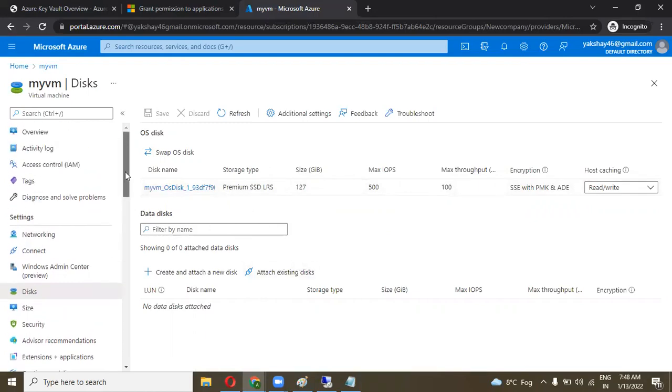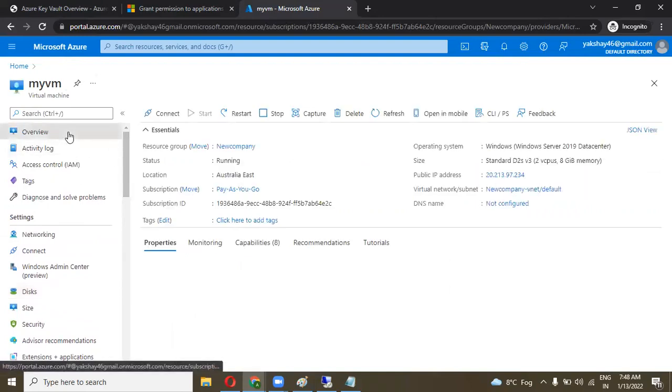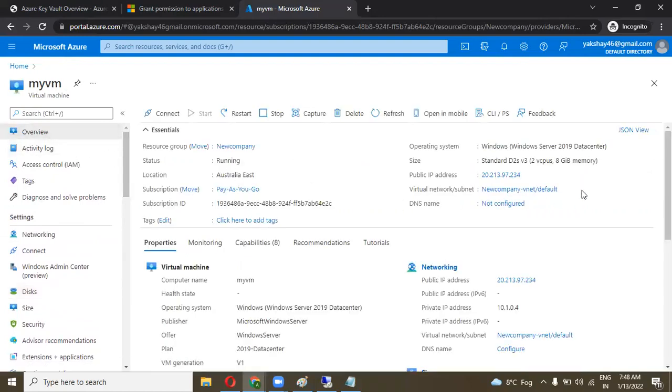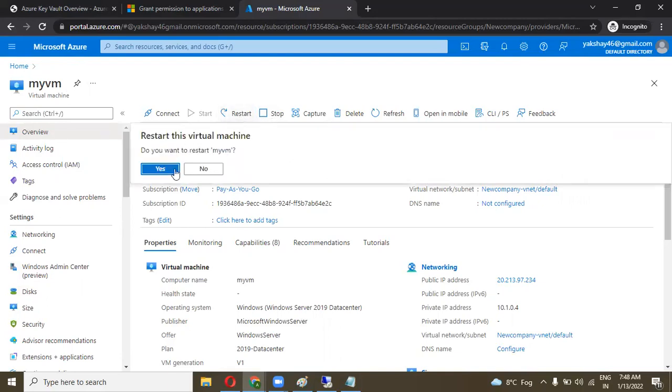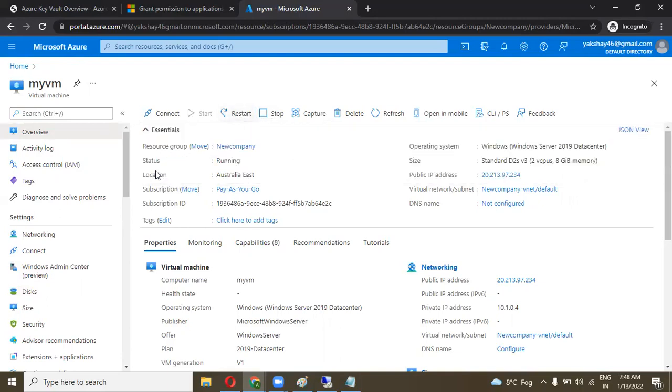Once we go to the overview and restart it manually, then we can also see the effect on the machine. Click on the restart button. Do you want to restart? Yes, I want to restart the VM.